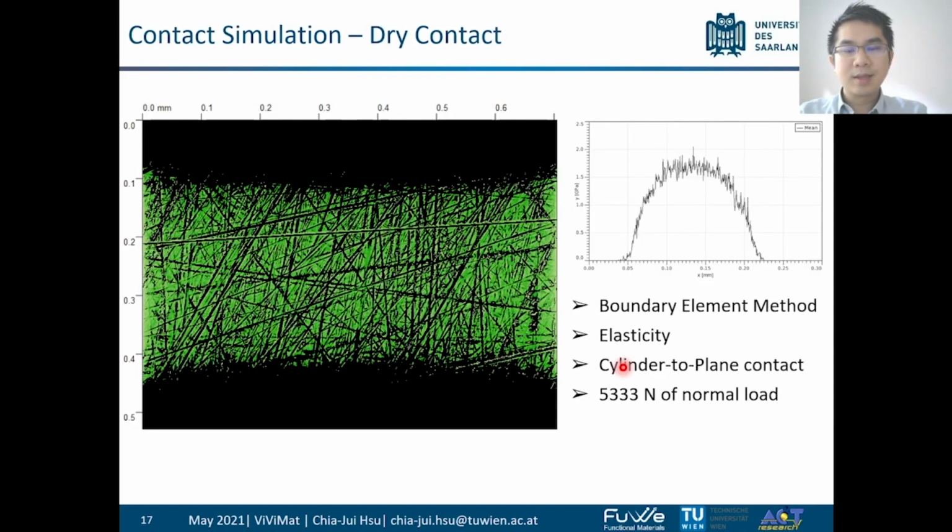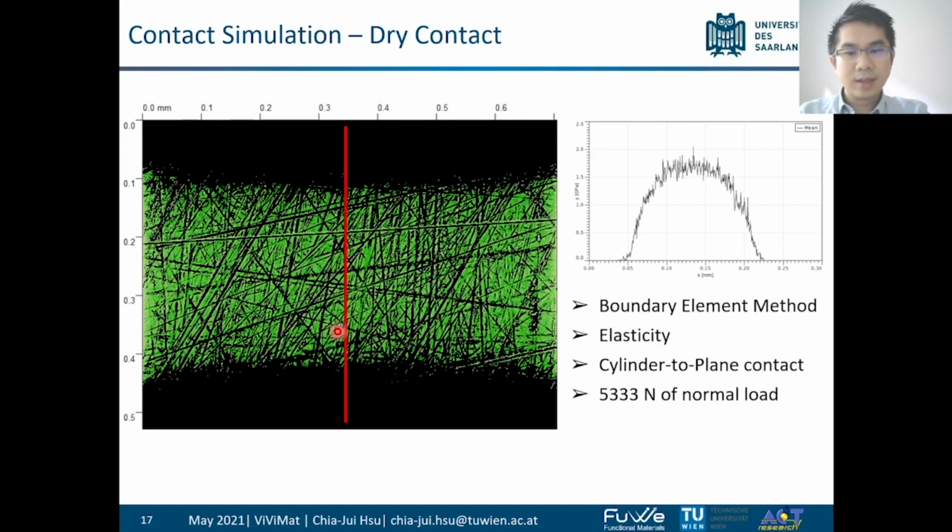But here comes another question: why the laser textured patterns can enhance the growth of tribo layer? We made a contact simulation by using a boundary element method under a dry contact, and